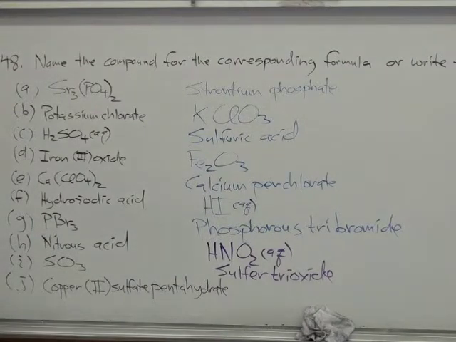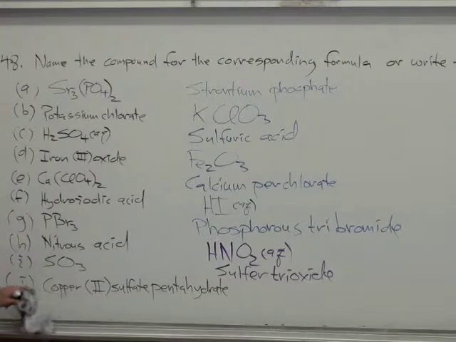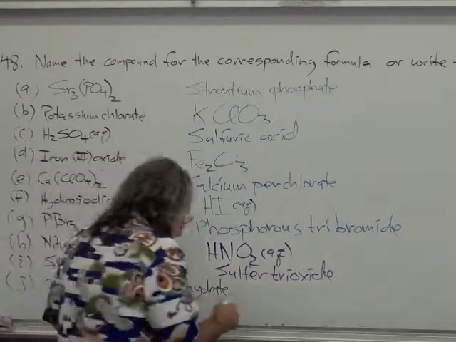Okay, and the last one is copper 2 sulfate pentahydrate. Again, what is the charge on a sulfate ion? 2 minus, right? And what's the charge on the copper in this case? +2. So what's the ratio going to be, copper to sulfate? 1 to 1. So it's copper,